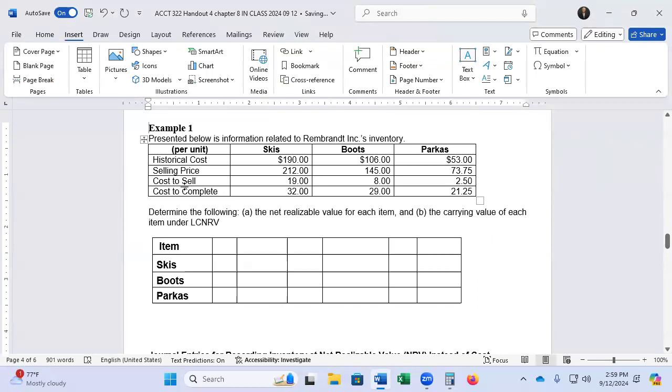Okay, take a second to read example 1. So in this first one, we're going to go ahead and put in what our cost is. And so we have 190, 106, and 53. All we're doing is taking that information from the